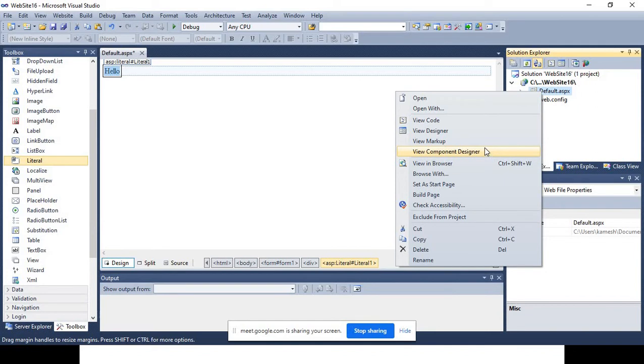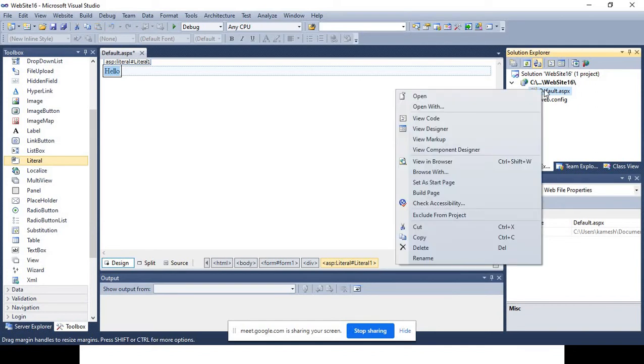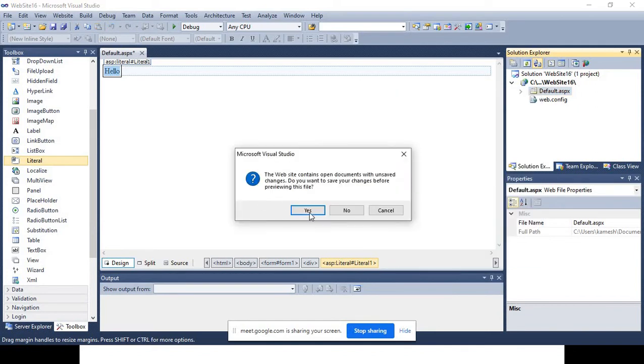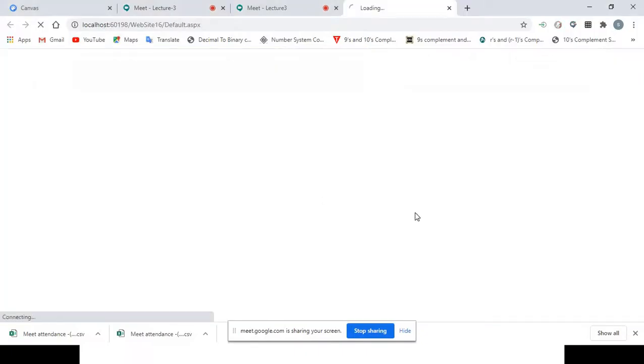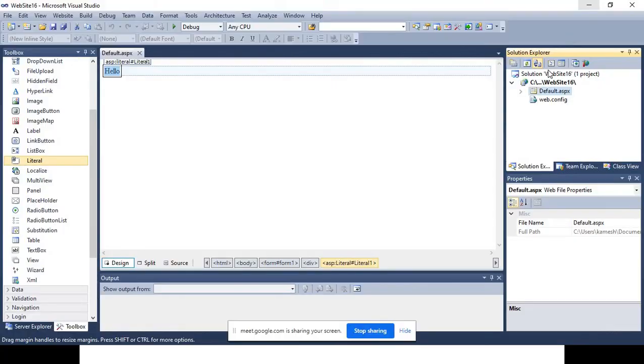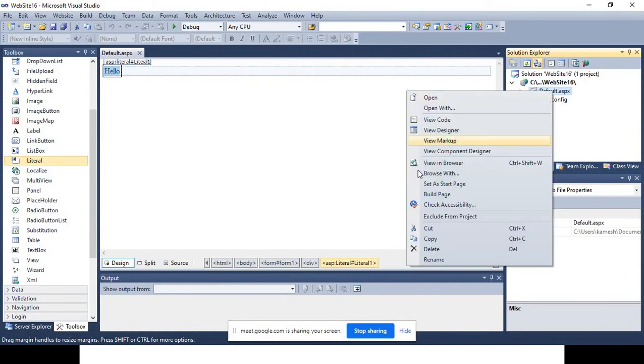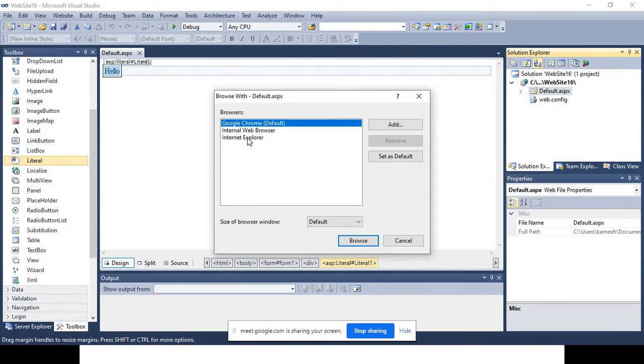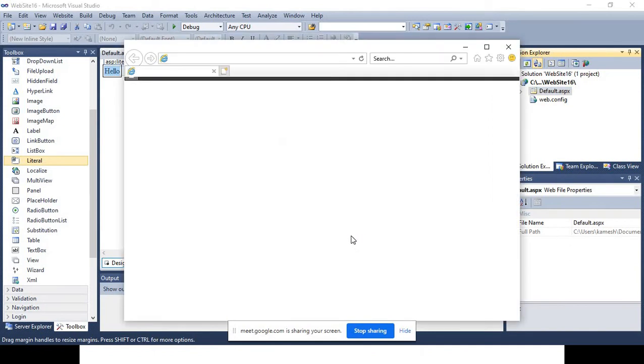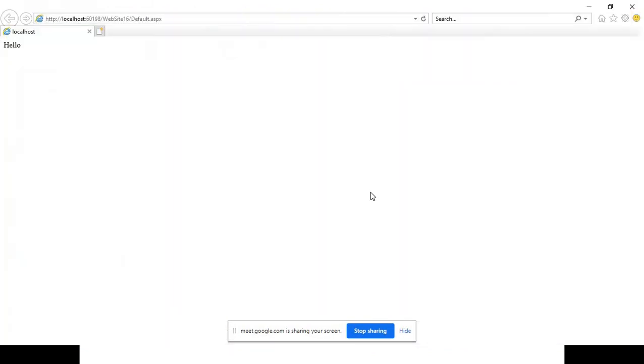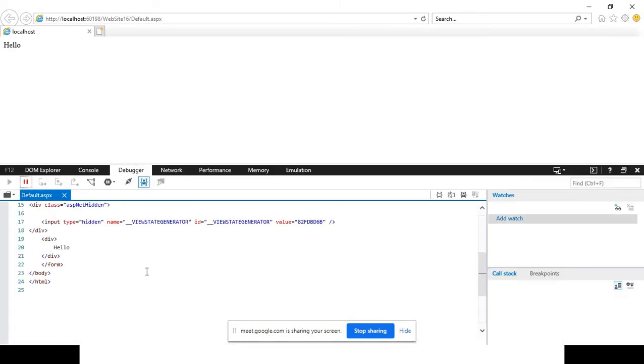So browse with Internet Explorer, and press Ctrl and U. Here, see, there is no span tag.